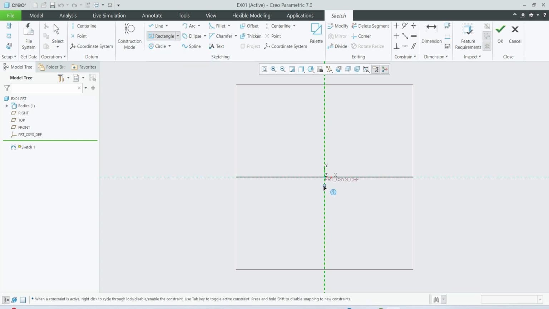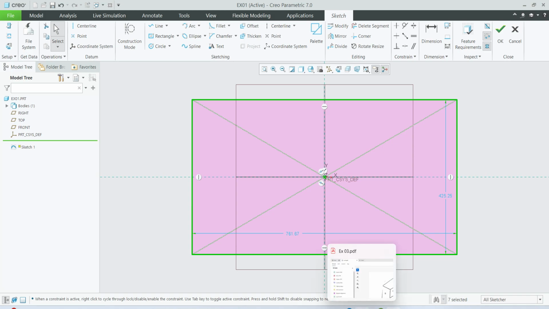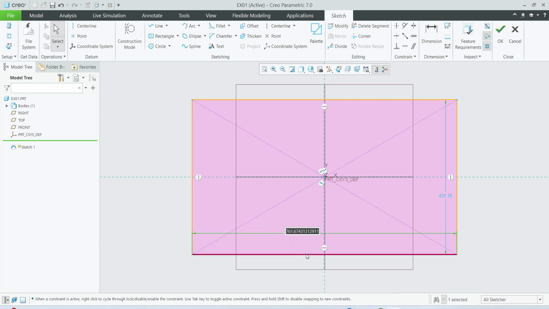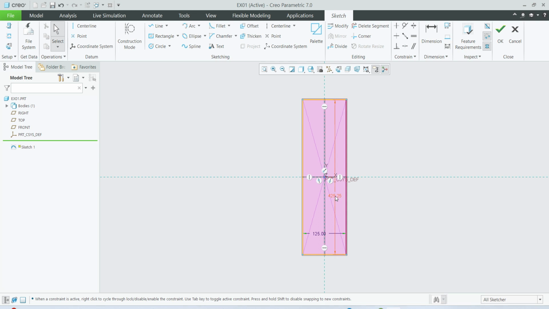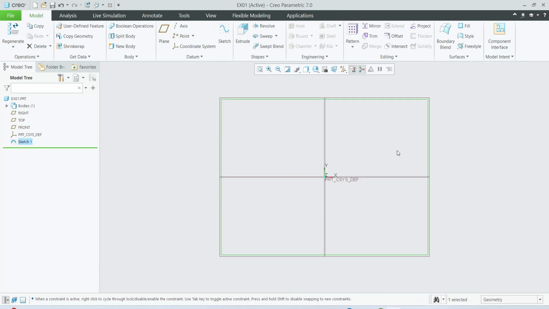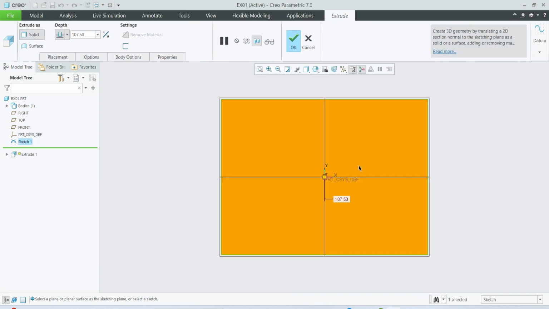select the center rectangle. So change the dimension, the base is 125 by 90, 125, enter, 90, enter. So sketch is ready, finish sketch, go to extrude,